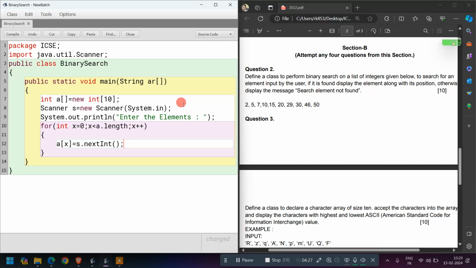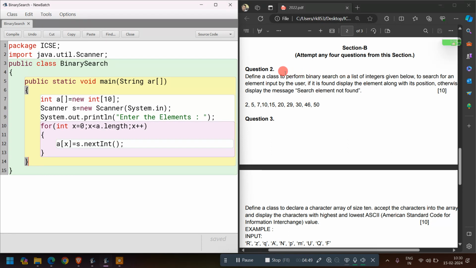That's it. I have written the logic to take input of the 10 elements in an array. Okay, so now if it is found, display. If it is found,